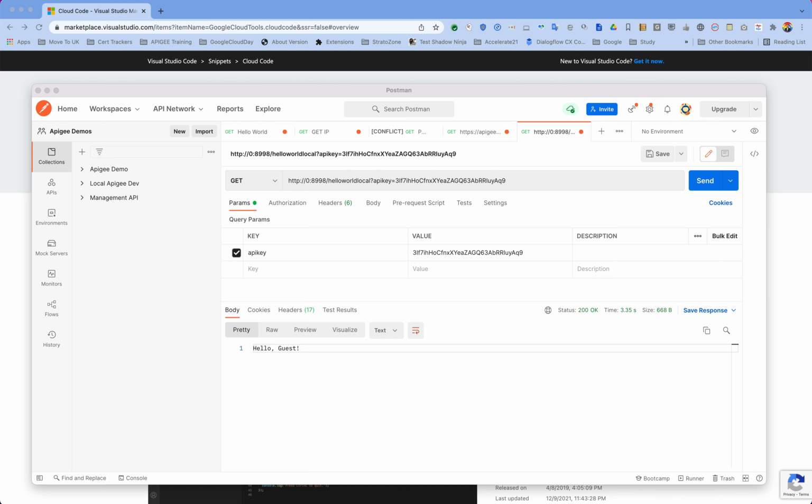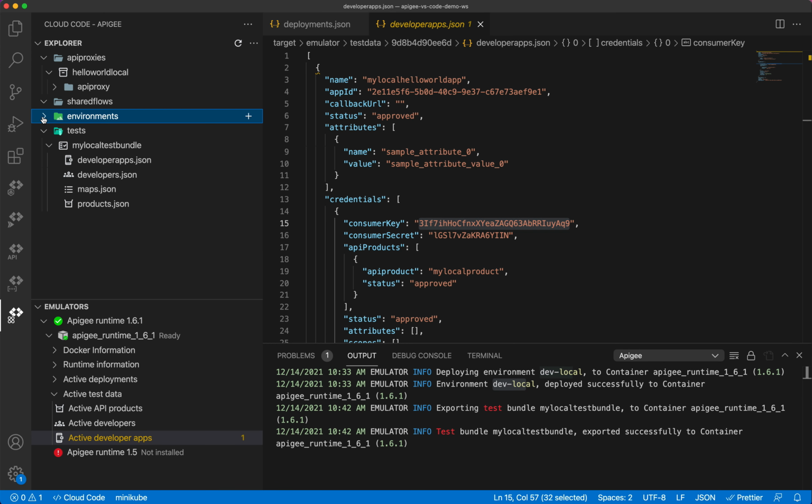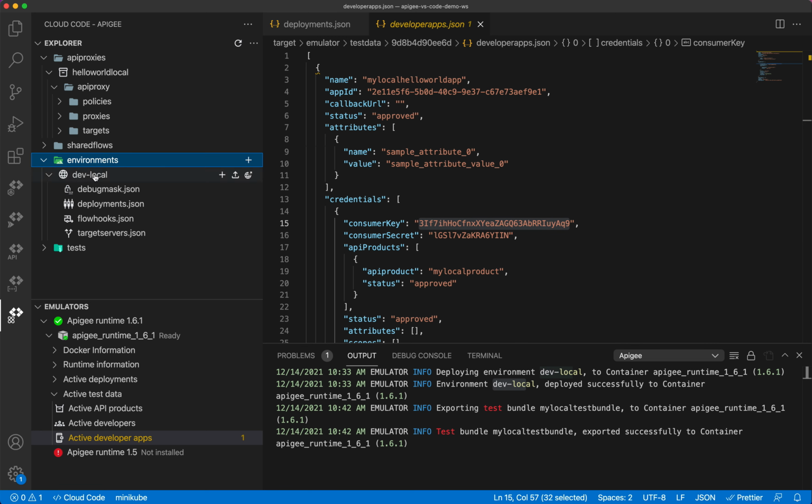In the last video, let me recap a bit, we created an API proxy using Visual Studio Code, and then we added a verify API key policy. We deployed that proxy to a test environment, and we created an environment, dev local, and deployed it to our Apigee runtime.